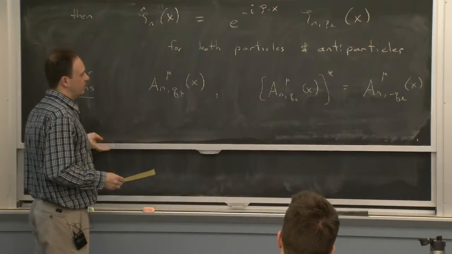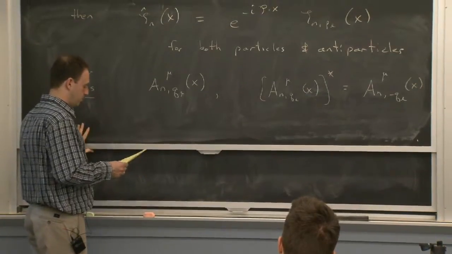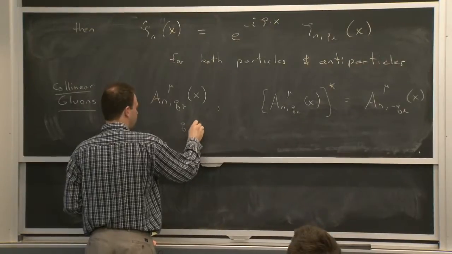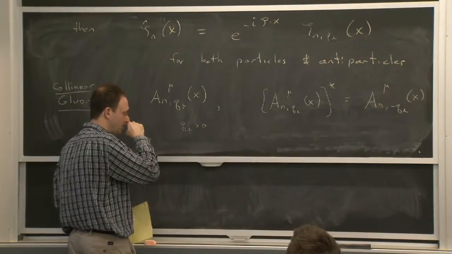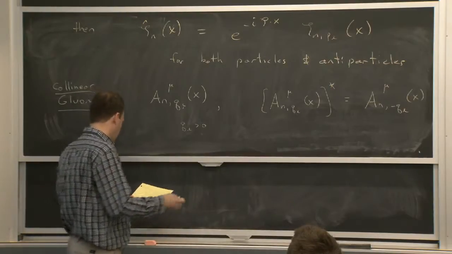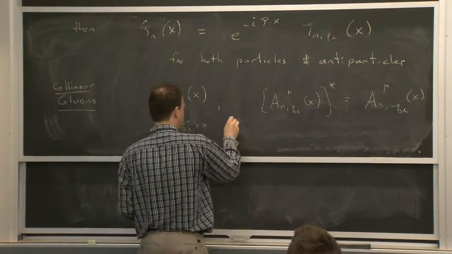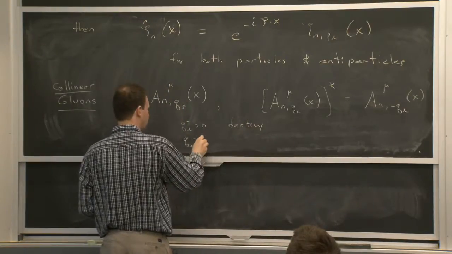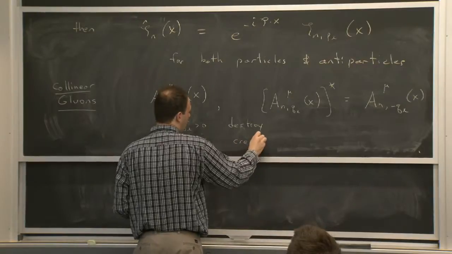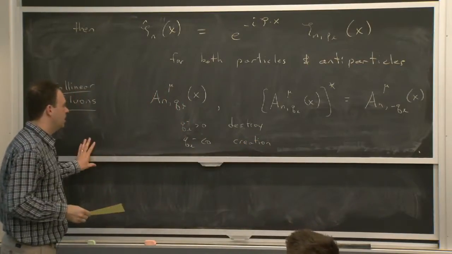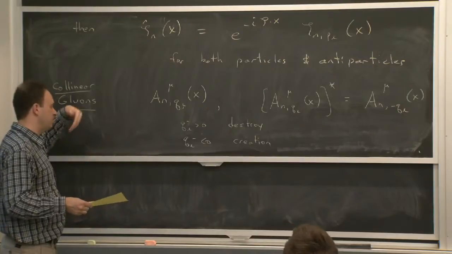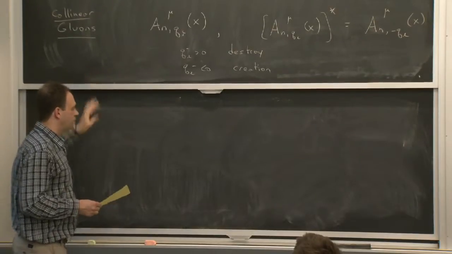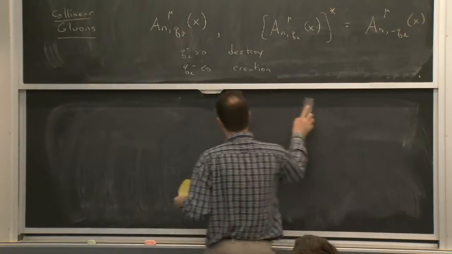So that's what hermiticity of the original field becomes for this notation. And again, because of the theta functions that show up in the mode decomposition, you can think of associating q_L minus greater than 0 as destruction, and q_L minus less than 0 as creation. If you want, although it's not absolutely necessary, you could adopt this convention, and that would just be putting a particular direction to your gluons, and everything that we said before goes through.